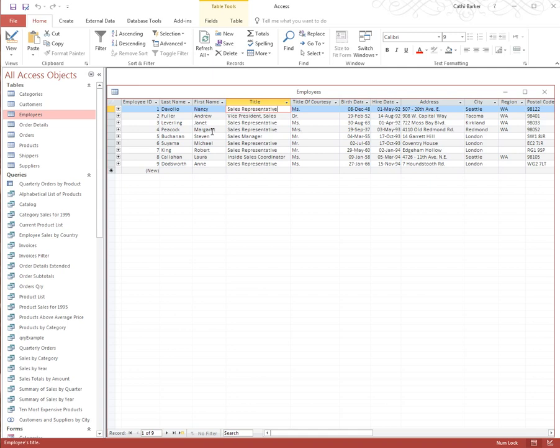F2 is edit, same as Excel, same as Project, a number of other Microsoft programs. And then I can actually change what's actually in a particular field. Now when I change what's in a field, a little pencil appears out to the left-hand side in an area known as the record selector. So the record selector is showing a pencil, which means that there's been an edit or a change to this